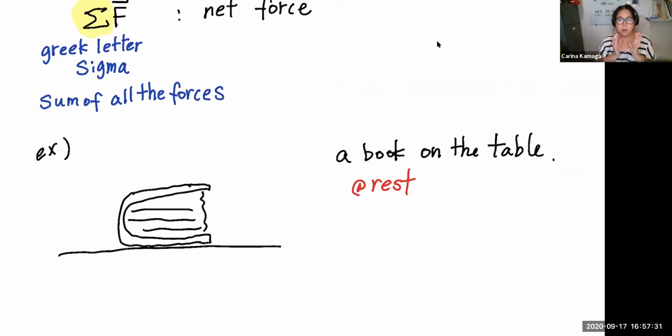So when the book is at rest, it looks like it's not moving. It's stationary, so it doesn't look like there's any force applied. Force means either push or pull, but the resultant force is zero. It doesn't mean there is no force applied. It's the resultant of multiple forces exerted on the book. When you add up all the forces, it's zero. That's why the book is at rest. So in this case, we say the net force